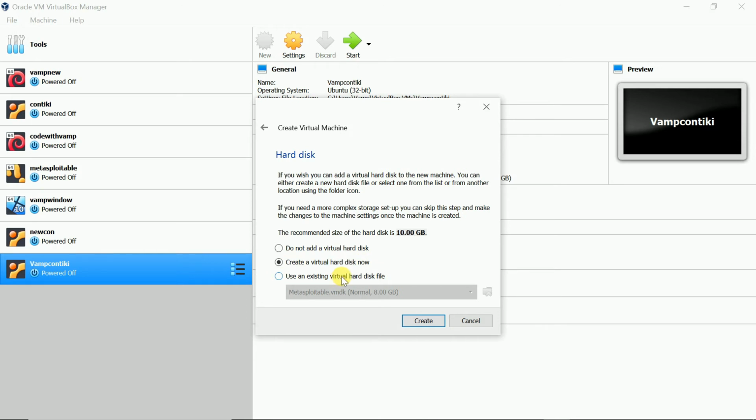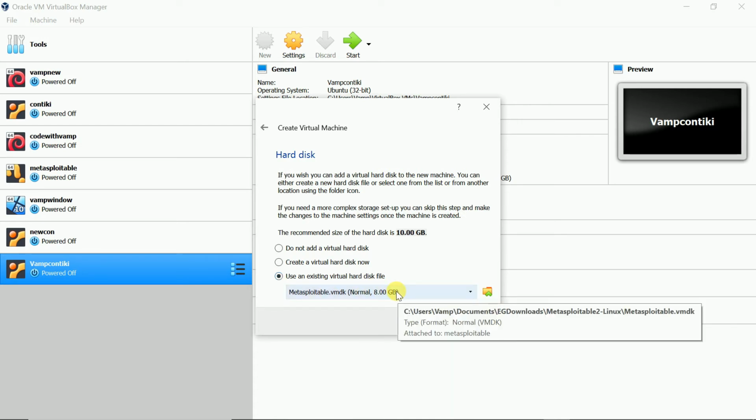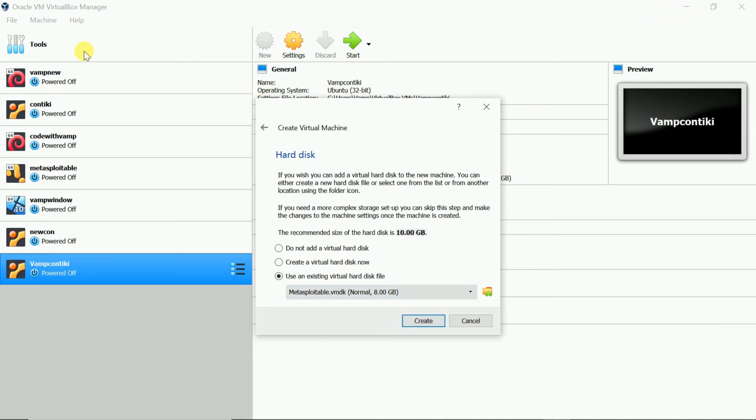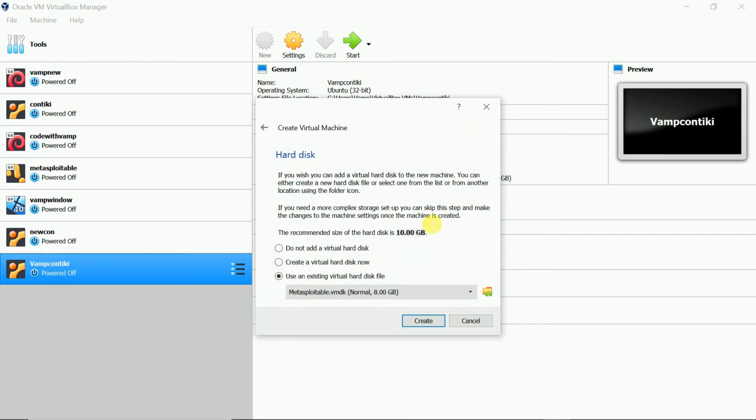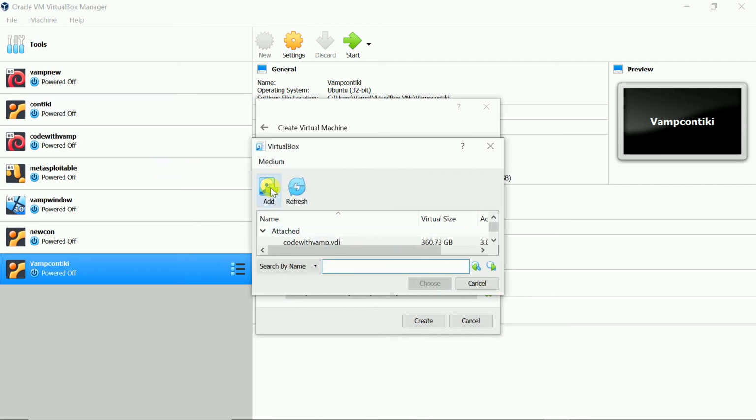So we're gonna use an existing virtual hard disk file. Just click on the third one, and then from here you have to browse to that particular file that we have downloaded. Remember, our file was on the desktop in the folder by the name of Contiki. Let me tell you step by step what you have to do. You have to click here, and after that you can see a button with add. So you have to click here on add,